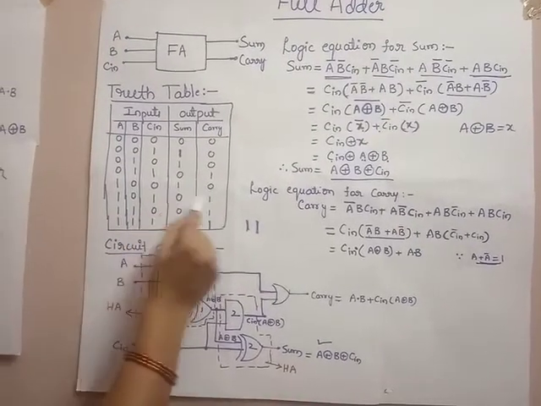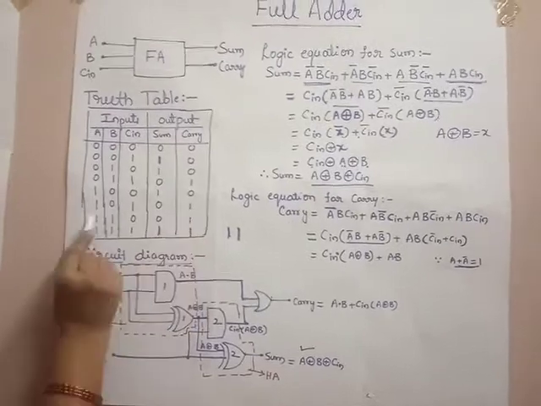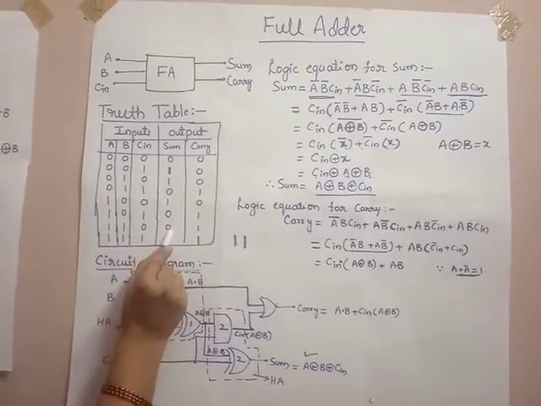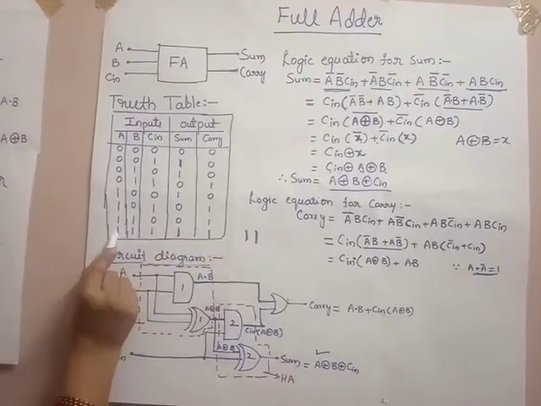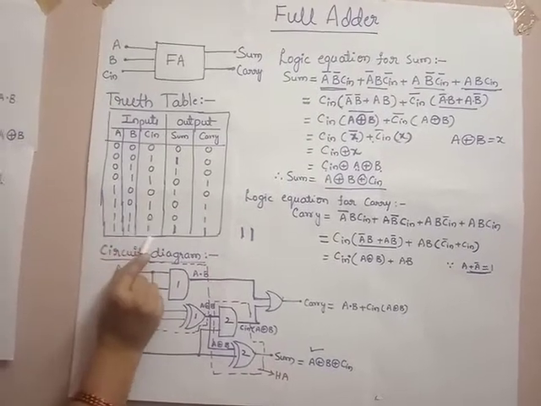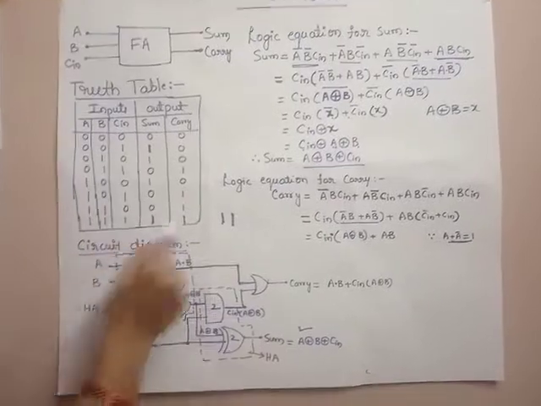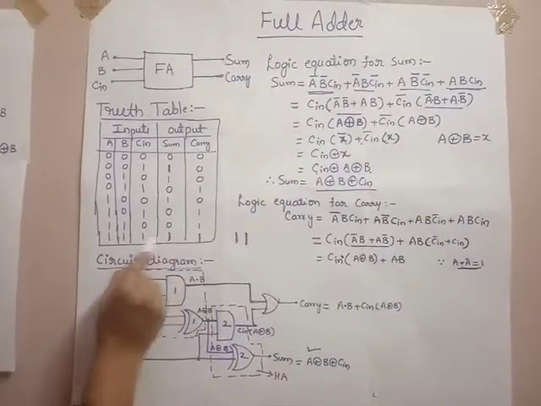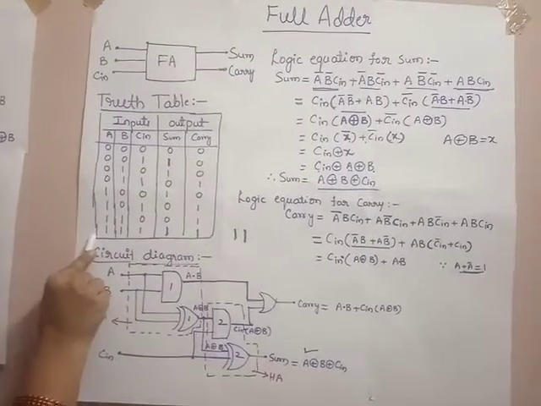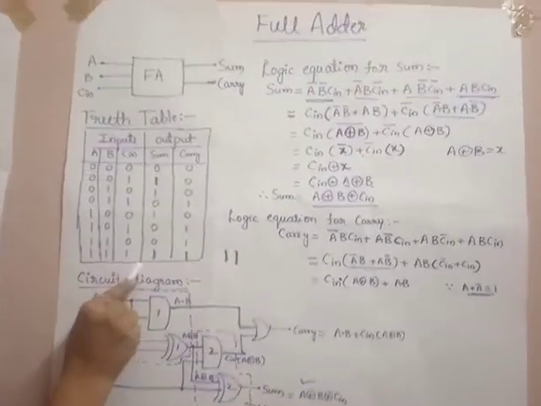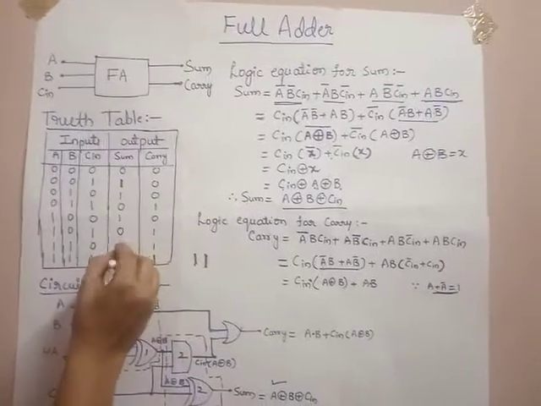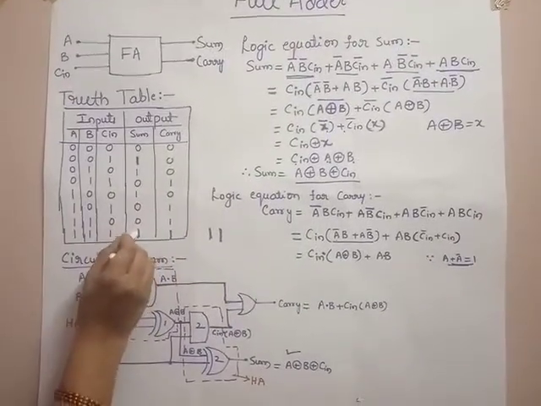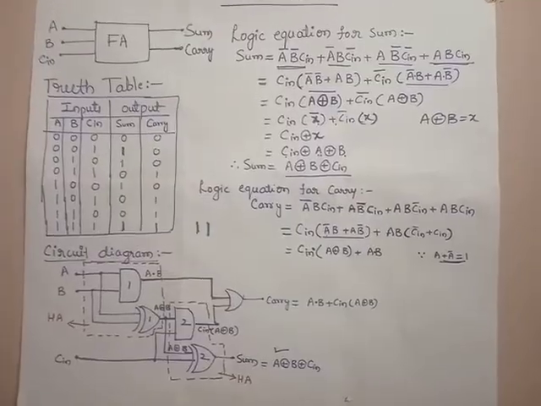So sum becomes 0, carry becomes 1. 1 plus 1 plus 0 is again 0 with carry 1. If we add 3 binary bits as 1, 1, 1, then it is nothing but 3 in decimal. We write it in binary as 1, 1. So sum is also 1 and carry is also 1 when all the inputs are 1, 1, 1. In order to draw the circuit diagram for this full adder circuit, first we have to